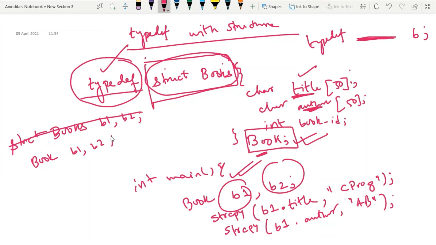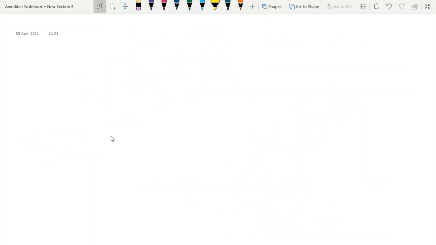Means if there will be a situation where I have to define dynamic memory, and that memory allocation will be in terms of a structure, then how we can define that structure. So now we will learn structure with malloc.